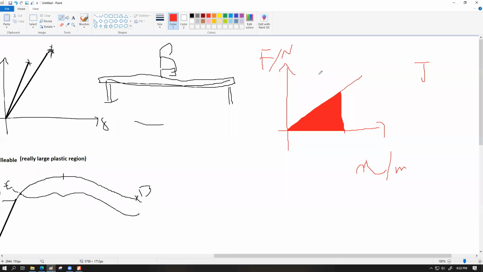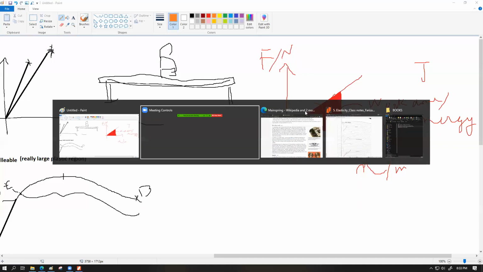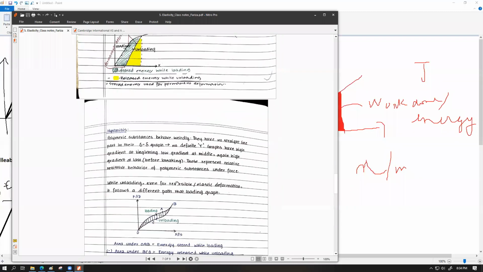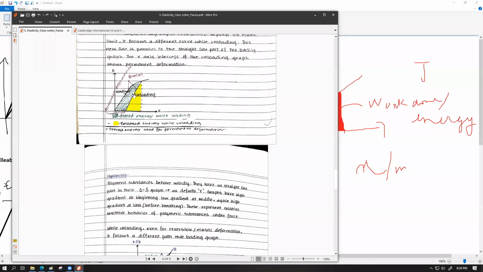Yes, sir. দেখো, so force extension গ্রাফের এরিয়া আন্ডার দ্য গ্রাফ হচ্ছে পারফেক্টলি ওয়ার্ক ডান। এই এরিয়াটা রিপ্রেজেন্ট করতেছে ওয়ার্ক ডান। ওয়ার্ক ডানও বলতে পারি অথবা আমরা এনার্জি বলতে পারি, বিকজ দে আর বোথ বেসিক্যালি দ্য সেম স্টাফ। সো একটা অবজেক্টকে লোড করার সময় এনার্জি প্রোভাইড করতে হবে, আনলোড করার সময় সেই এনার্জিটা আবার ফেরত পাওয়া যাবে ফর ইলাস্টিক বিহেভিয়ার। দ্যাটস দ্য বেসিক আইডিয়া। আর যদি প্লাস্টিক ডিফর্মেশন করি, তাহলে প্লাস্টিক ডিফর্মেশনের কিছু এনার্জি তার মধ্যে পার্মানেন্টলি স্টোর হয়ে যাবে, যেটা আমাদের এই পিডিএফটাতে এই ফিগারটাতে আমরা লাস্ট ক্লাসে আলাপ করছিলাম।